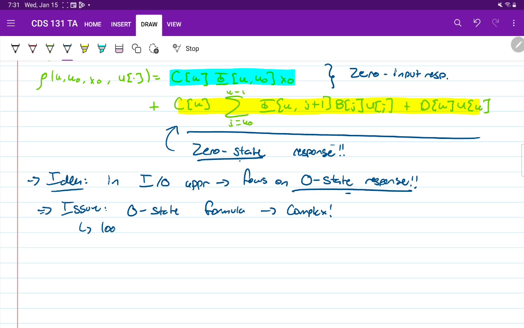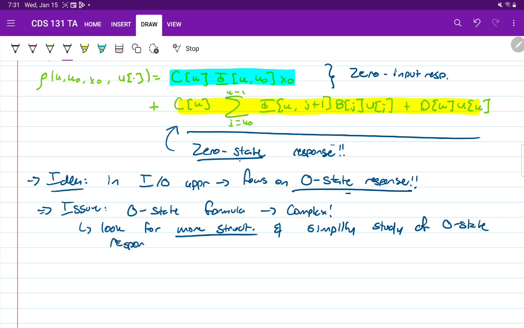We're going to look for more structure, and hopefully simplify the study of the zero state response. Okay, so there's this really nice, powerful idea in linear systems theory: in order to completely characterize the zero state response of a system, we only need to know the response of the system to a single input function,